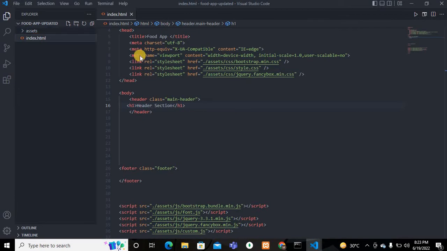This is my index.html file. I have included some links. This is my Bootstrap CSS link I have used in this website, and this is my style.css file in which I use my styling for this project, and this is my jQuery.fancybox.min.css file,